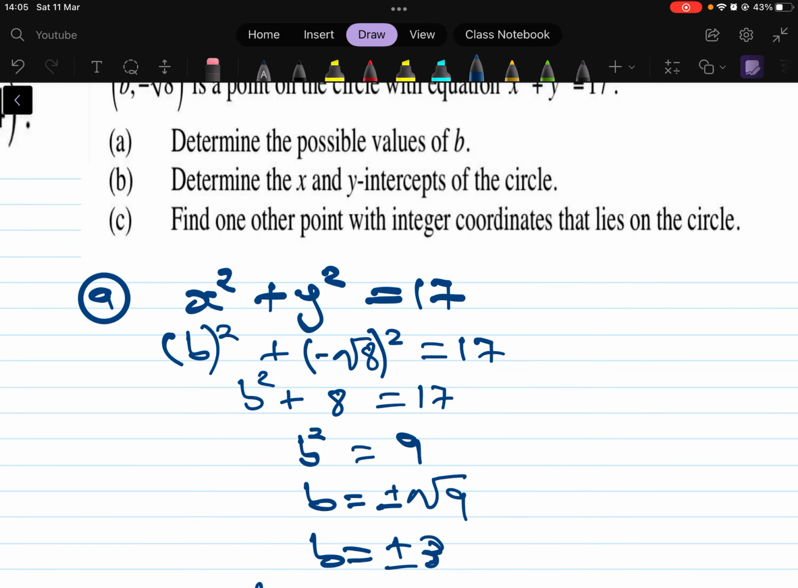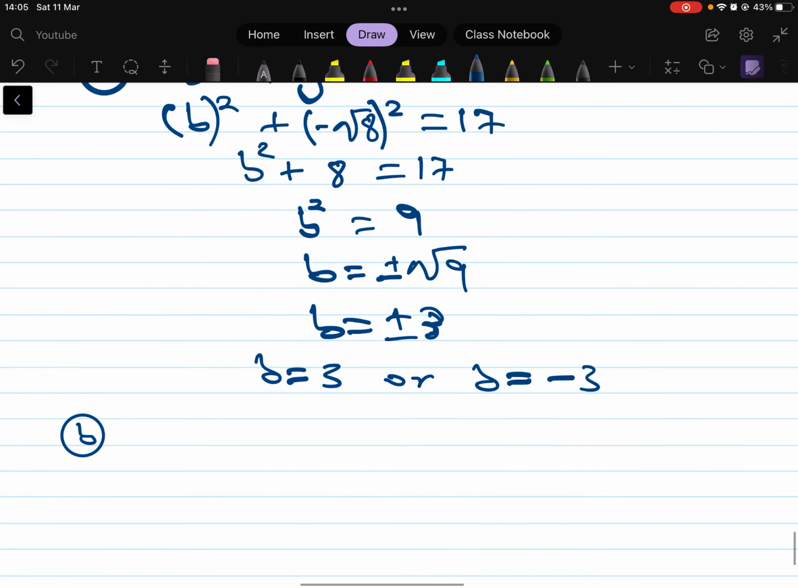We're required to find the x and the y intercepts of the circle. Like I said, there's nothing special about a circle. It's just a graph like all the other graphs that we've dealt with before. So for x-intercept, we let y equal 0. For y-intercept, we let x equal 0 in the very equation of the circle. So let's do that. For x-intercept,